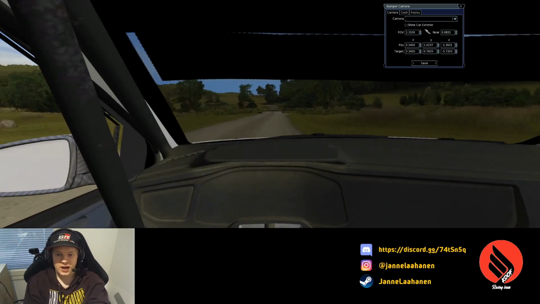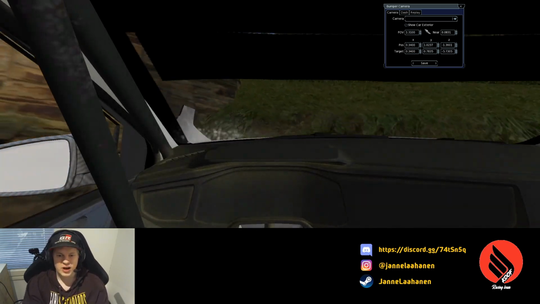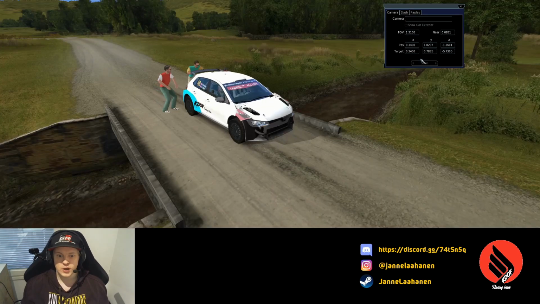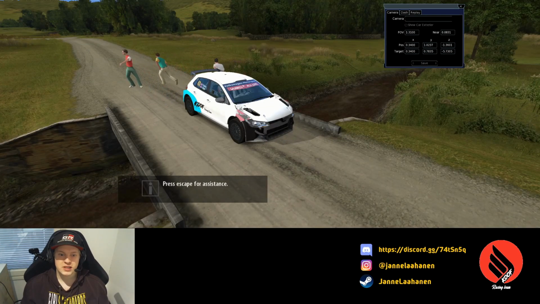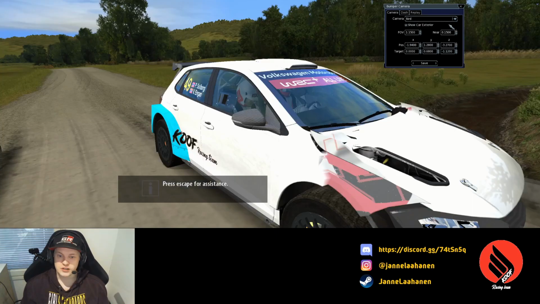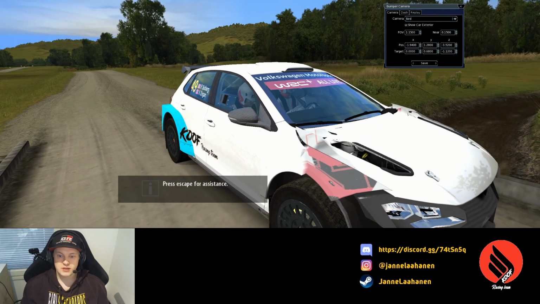Before we accidentally go off the road. Oh no! That sucks. We need to call for help. We go out and you can see the old skin coming from underneath. Again, we're going to change the view, and yeah, you can see that the old skin is coming from underneath. That is because there is a different scrape layer still on the car, which gets activated gradually when you crash